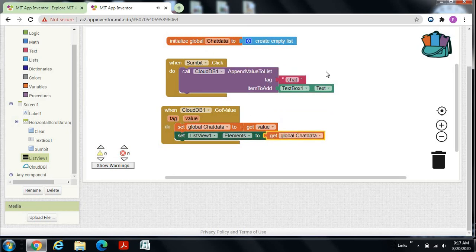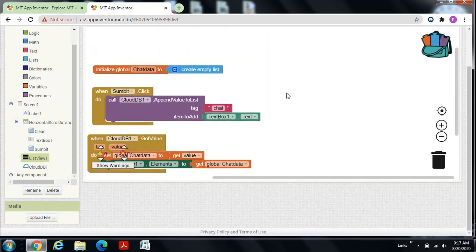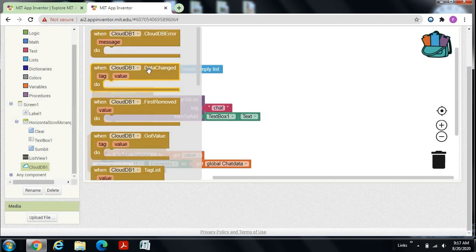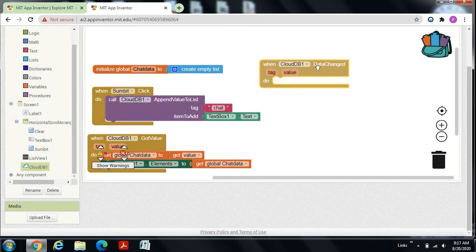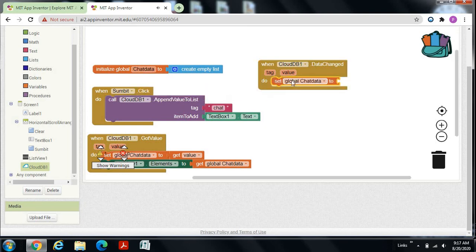Now you have to do the further code. Go down, or you can make it over here also if you want. This is when CloudDB1 data changed. Go here and drag and drop this one. Now make it set chat data. Drag and drop this one over here and make it get value again.